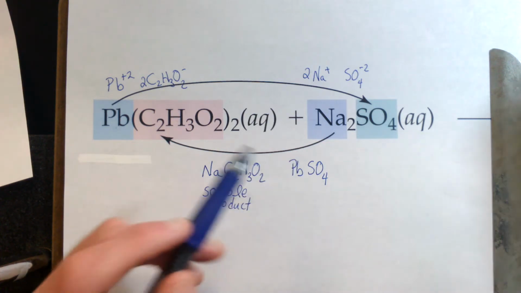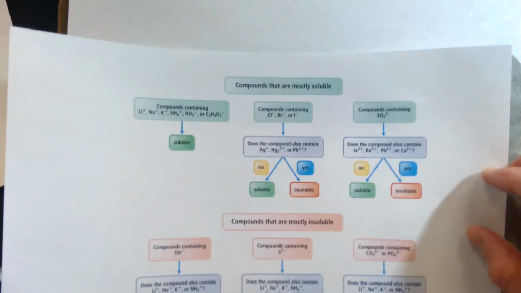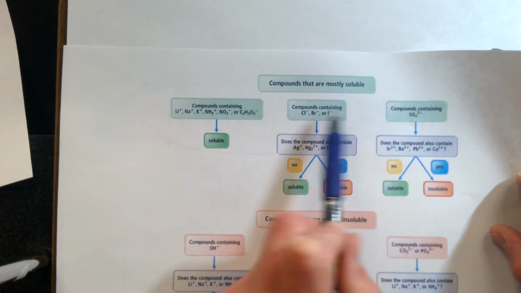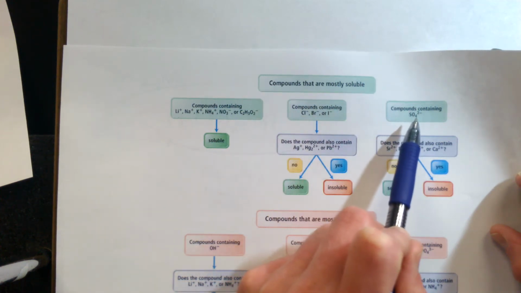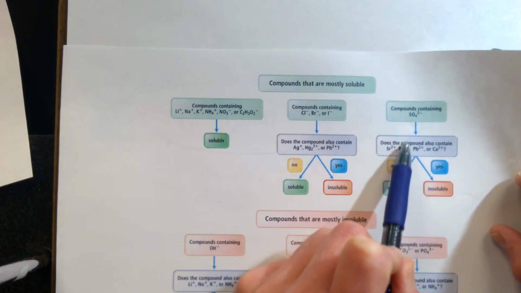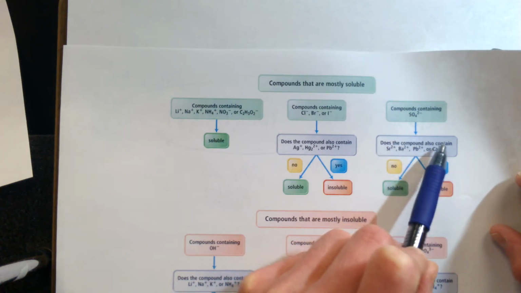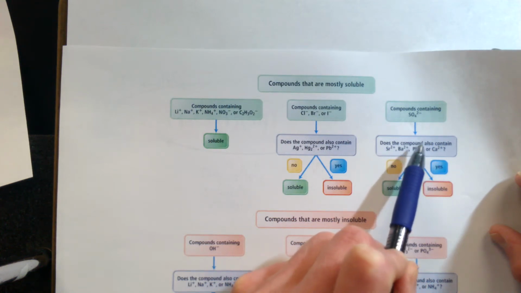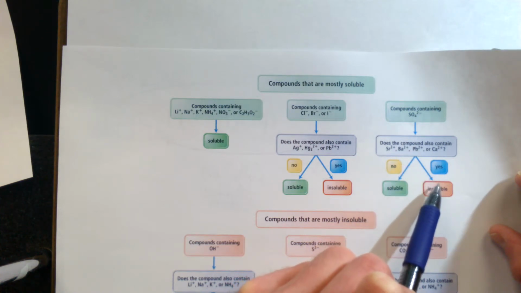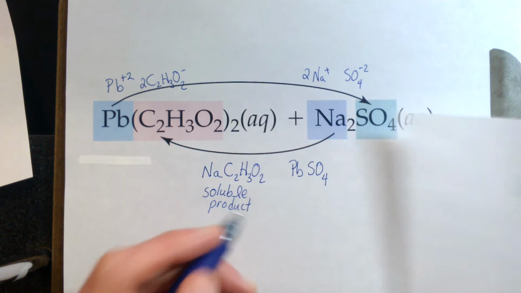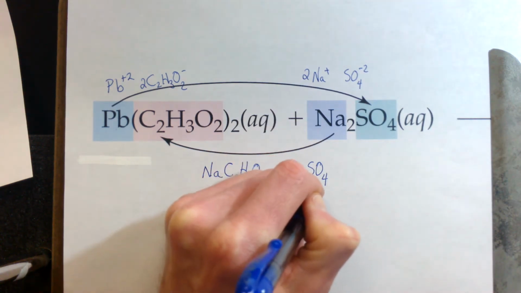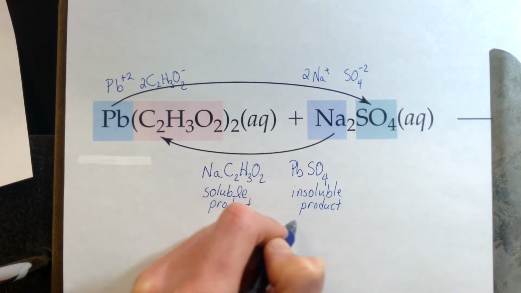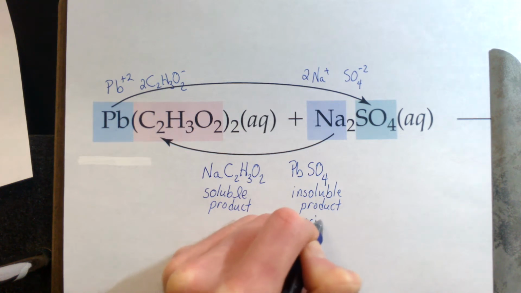Now let's check for the lead 2 sulfate. So we go back up here, we're looking for either lead or sulfate. Here we are, compounds that are mostly soluble. Sulfates are mostly soluble. It asks us, does the compound also contain strontium, barium, the lead 2, or the calcium ion? Yes, ours has the lead 2 ion. Yes, it does. It is insoluble. This is an insoluble product, which is our precipitate. Precipitates are insoluble